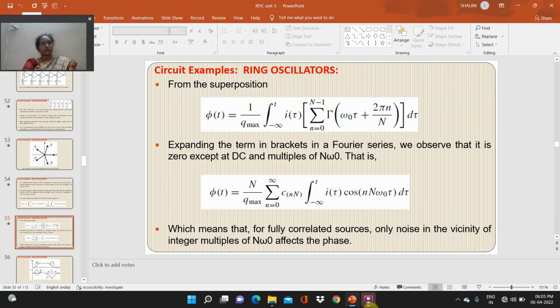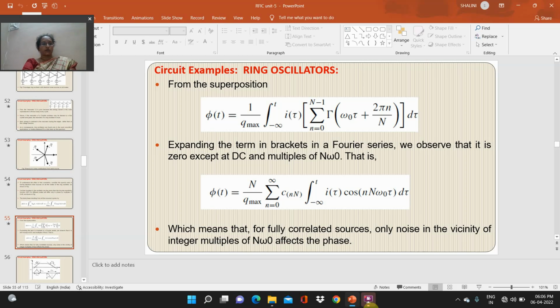So from superposition, we already know that φ(t) = 1/q_max ∫ from −∞ to t of Σ Γ(ω₀τ + 2πn/N) i(τ) dτ, with n from 0 to N−1. Expanding the terms in brackets in a Fourier series, we observe that it is 0 except at